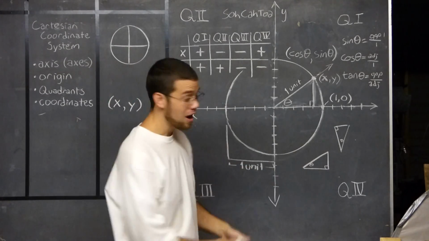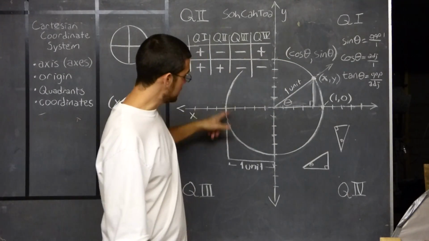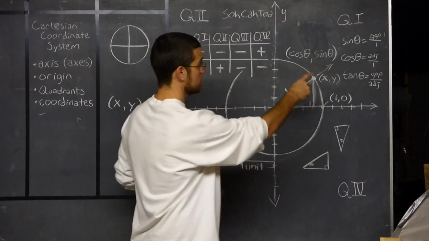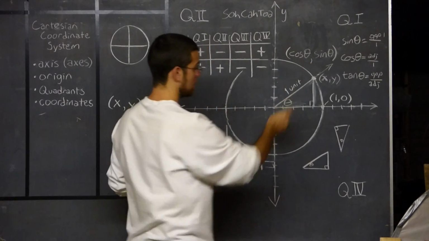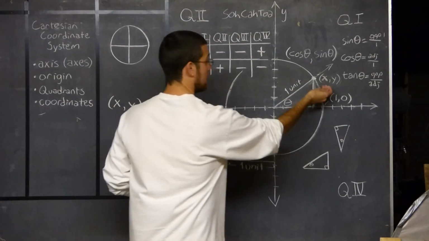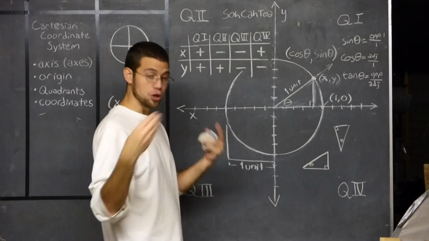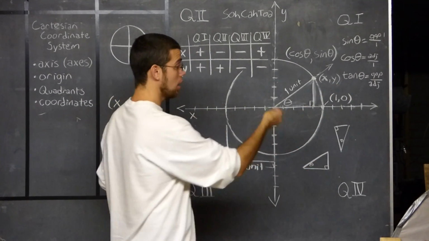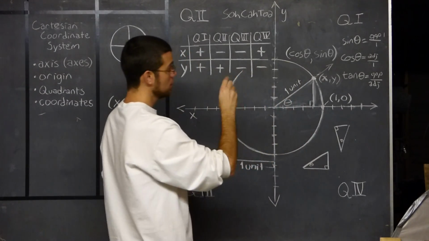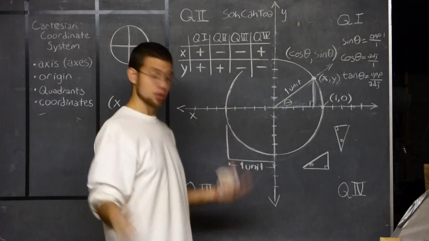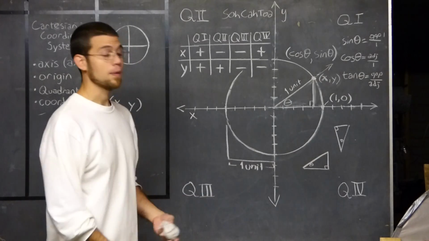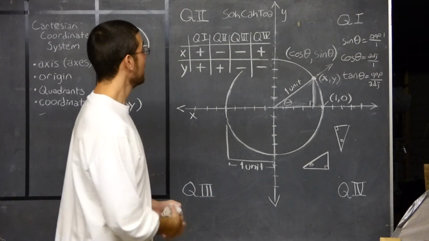of theta. Now, any point on this unit circle is going to have coordinates cosine theta, sine theta. So we can give the coordinates with the Cartesian system, x, y, with numbers, but on the unit circle we can give those coordinates of any of those points with trig functions. Cosine of theta for the x coordinate, sine of theta for the y coordinate. But let me remind you that